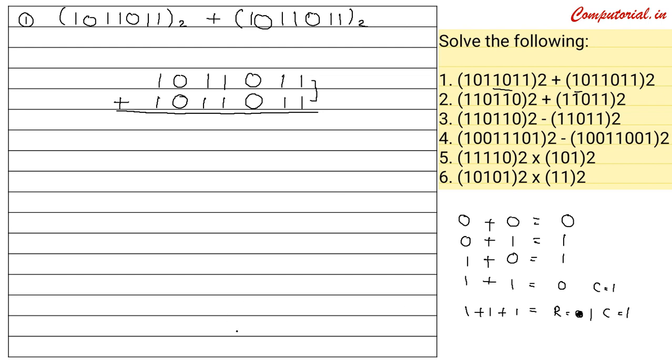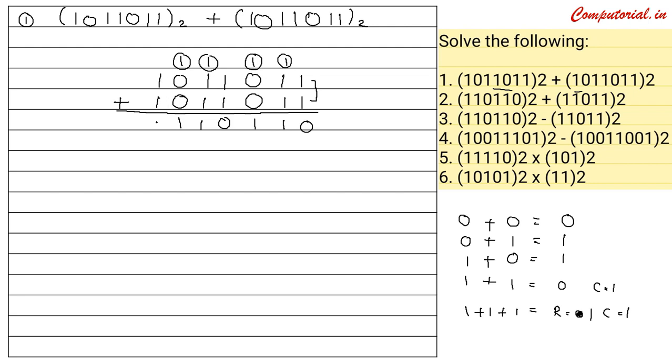Okay. So now over this side we have 2 ones to add. So the result will be 0 and a carry of 1 will be generated. Now when you will add this carry 1 with these 2 ones, result will be 1 and a carry of 1 will be generated. Now when you will add this 1 with these 2 zeros, it will be 1 only. Now again we have to repeat the same procedure over this side. So when you will add these 2 ones, result will be 0 and a carry of 1 will be generated. Now you have to add this carry with these 3 ones. So result will be 1 and a carry of 1 will come here. Now you have to add this 1 with these 2 zeros, so it will be 1 only.